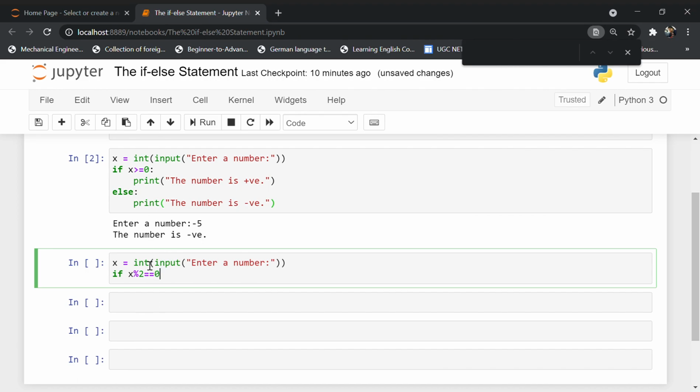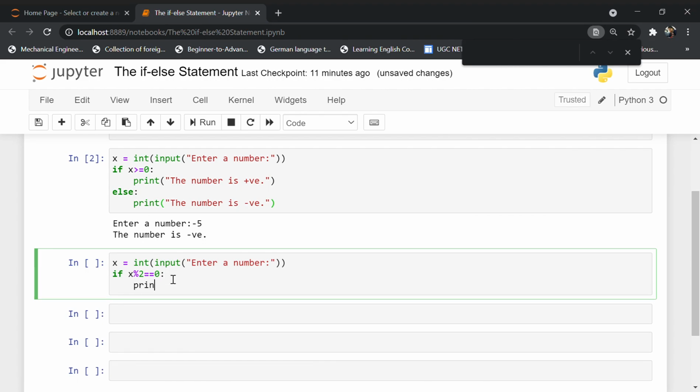If we take the modulus of this number and it is equal to 0, then it will give me an even number. So here is the arithmetic operator we are using. If you have any doubt about arithmetic operators, you can check out my earlier tutorial. The link is given in the description box.